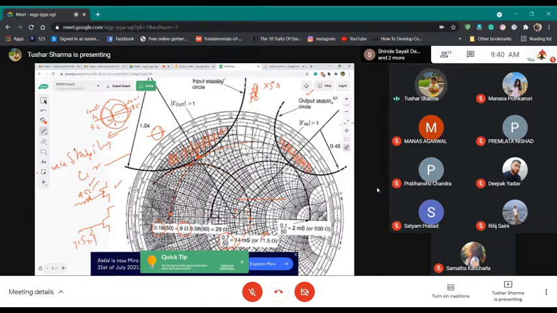Similarly, for the output, you do the same thing. You try to find which circle touches this output stability circle. So in this case, there is one, this circle. Again, this is my constant R circle. So this value is around 0.5, okay, because this is center. This is around 0.58. So this is 29 ohms. Similarly, you go on a constant G circle, and this is 0.1 over 50, around 500 ohms. So it means at the output, you will basically take the transistor and put one resistor like this with a value of 500 ohms. In another case, you take it and put like a series R.